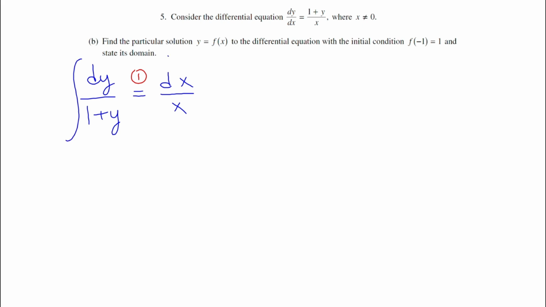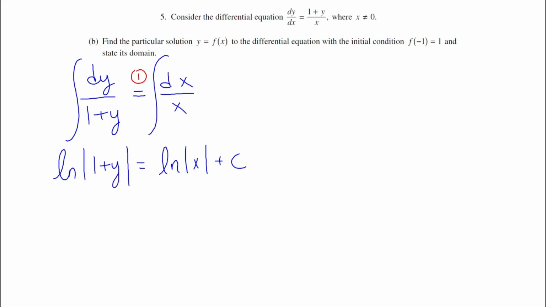Then we need to integrate both sides. On the right-hand side, it's natural log absolute value of x plus a constant. And on the left side, it's going to be natural log absolute value of 1 plus y. And of course, we could add a constant there, but if I had a constant there, I could just subtract it over to the other side, have 2 constants on the right. Well, a constant and another constant just make a constant, so perfectly fine to just have the constant on the